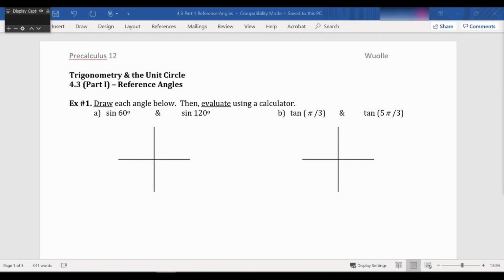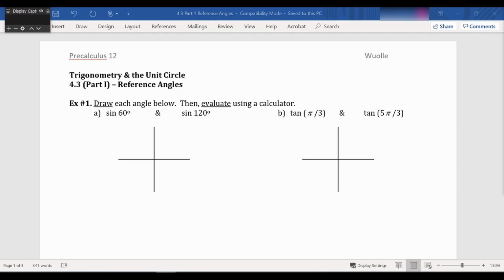Welcome to 4.3 Part 1, Reference Angles. So we briefly mentioned reference angles yesterday when we looked at our special triangles. However, these were all reference angles from a special triangle. And today we're going to be looking at reference angles when we're dealing with radians that are not one of